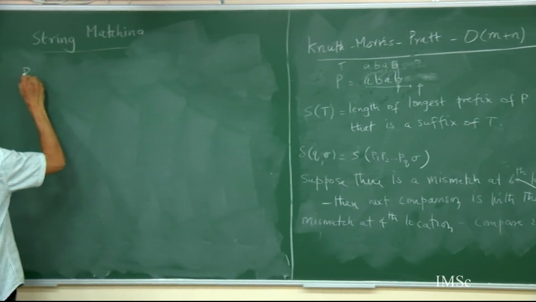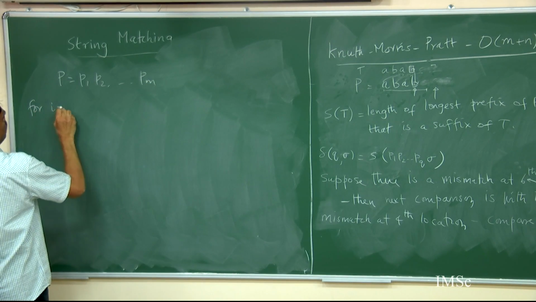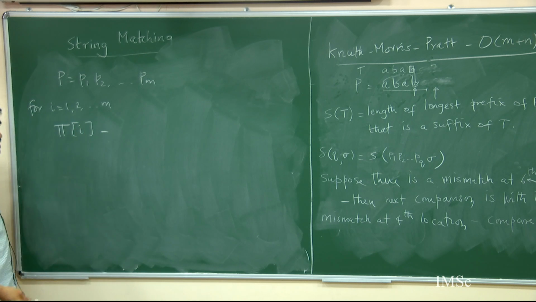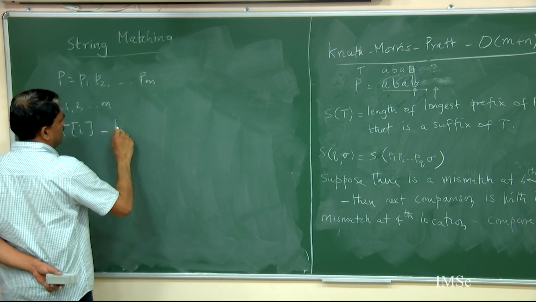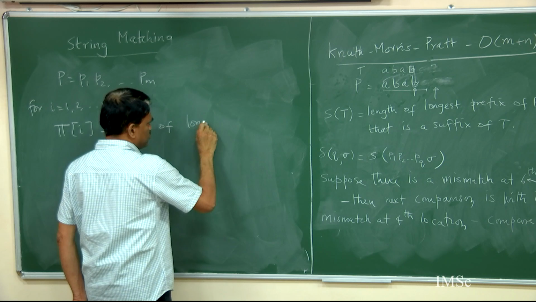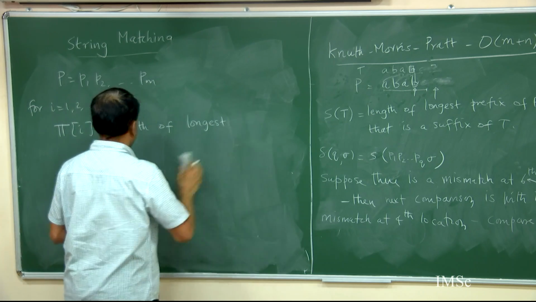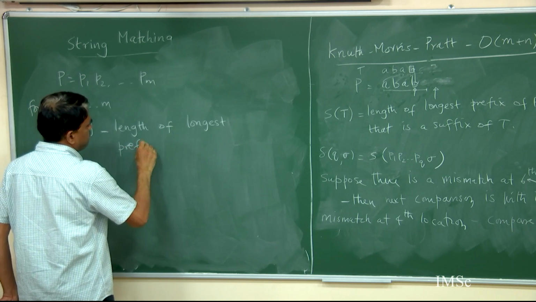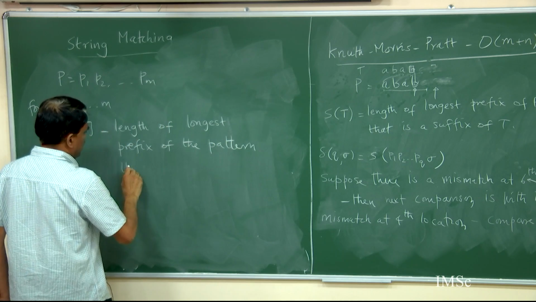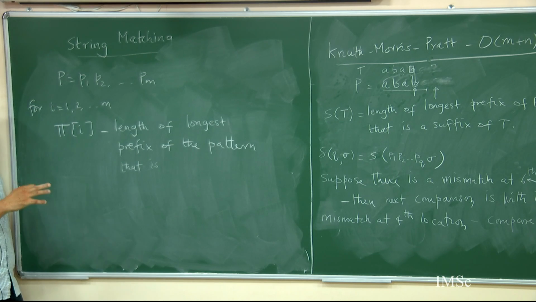So, my pattern P is P1, P2 up to Pm, and for I going from 1 to M, let me define pi of I as the length of the longest prefix of the pattern that is the suffix of, so that means pi of I means assume I have matched up to I locations,